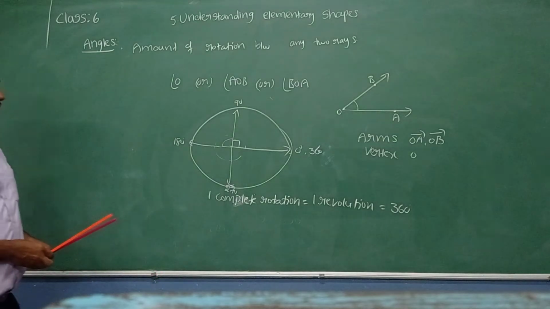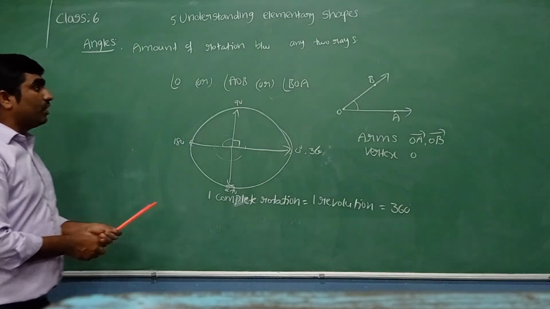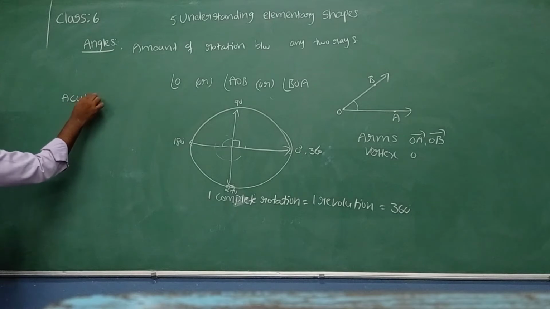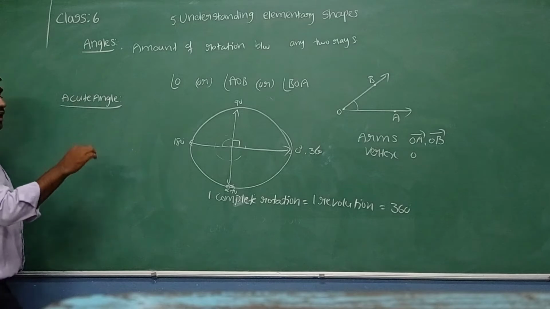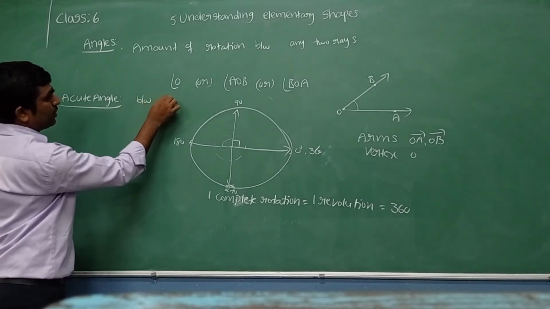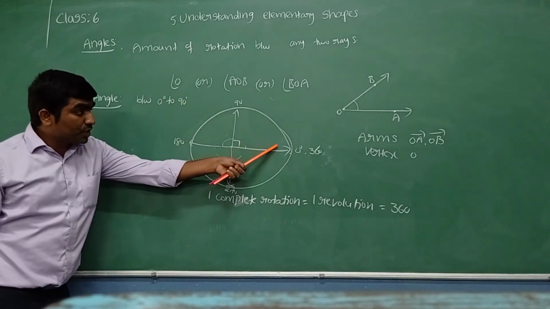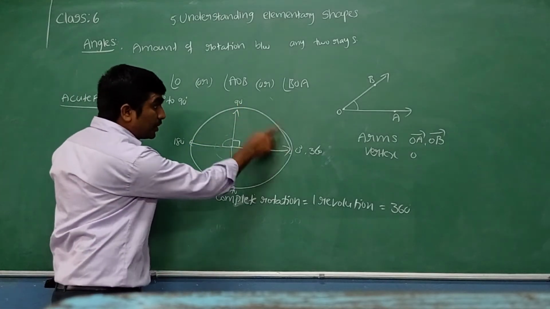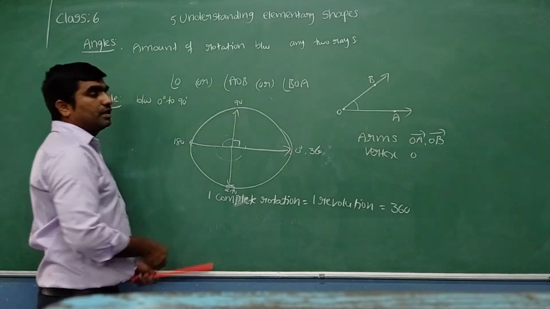As we know, if it is exactly like an L shape, it is called 90 degrees. First, let us calculate what is meant by acute angle. An angle whose measure is between 0 degrees and 90 degrees is called an acute angle. Example, from 1 degree till 89 degrees, it is called an acute angle. 0 means no angle, 90 means right angle.